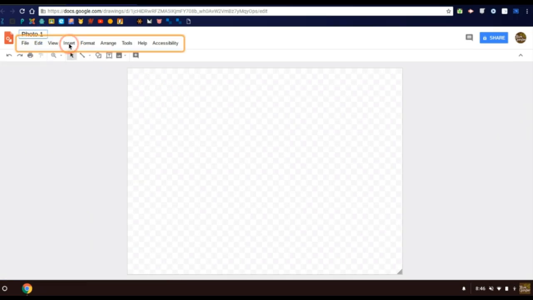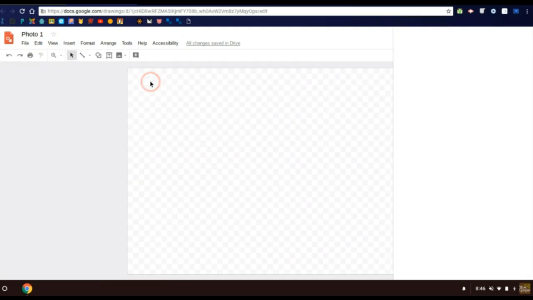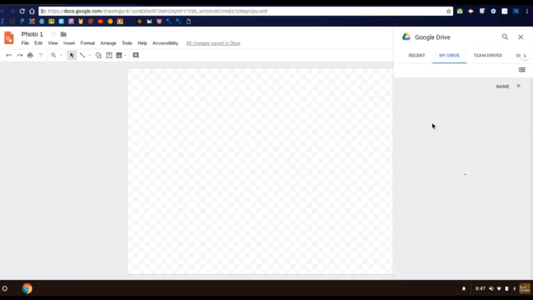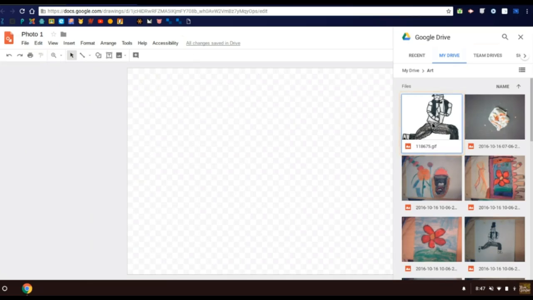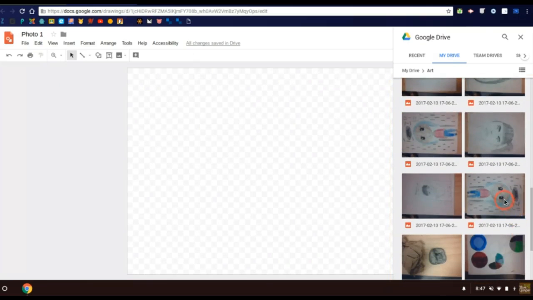And then I'm going to go to Insert, Image, and it's going to ask me a couple things like from the drive. I'm going to go Yes. And over here to the right, I should get the drive. And I'm going to click on that. Once I go to drive, I have to pick that folder again. The reason we went to the folder first, however, is so that this document will be saved in the right place. So I'm going to scroll down here and find that little girl on her side there with the